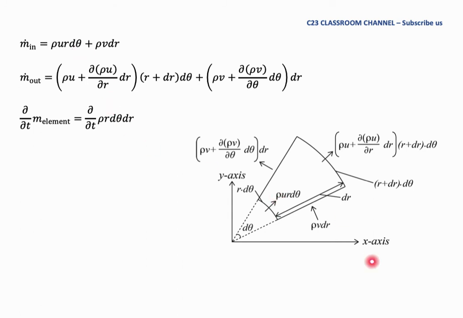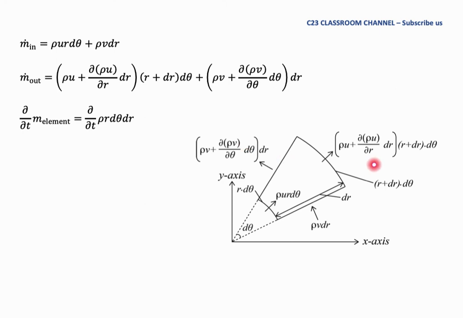And another inlet is here, rho v dr. So again, dr is the distance of this one. We multiply with 1, the z-axis, so we still get dr, and v is the velocity component for the angular direction here. So we have rho v dr. And the outlet here, so this is the outlet for the radial axis, and this is the outlet of the